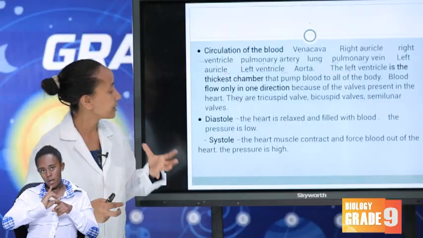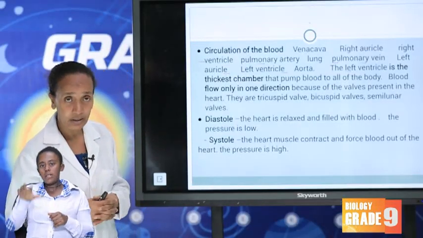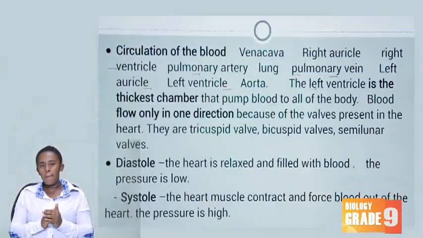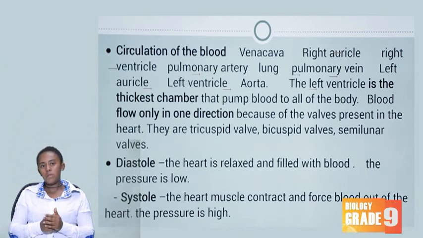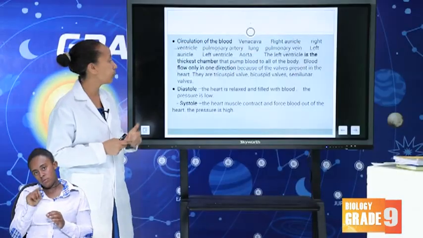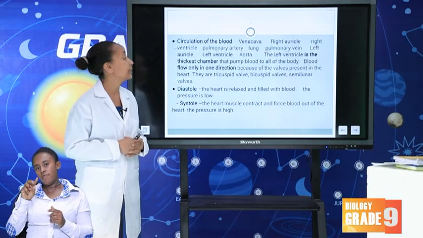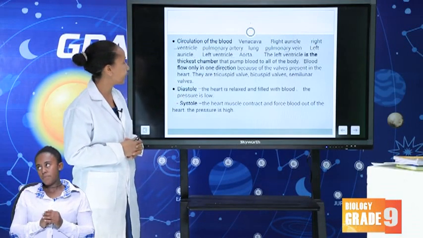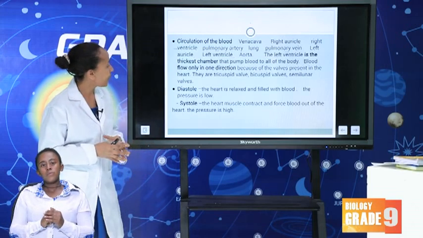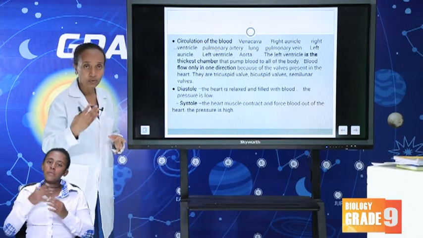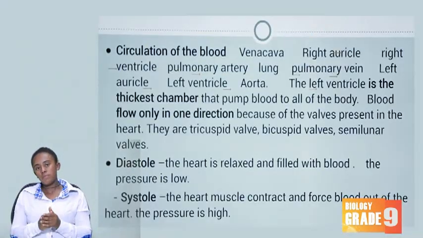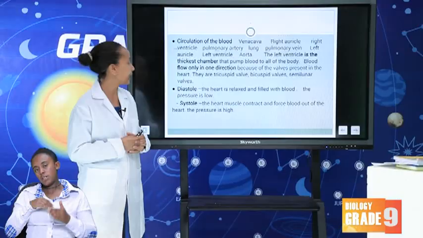If you remember, these valves are 3 in number. They are the tricuspid valve, the bicuspid valve, and the semilunar valves. I hope you can define them and know the location of these valves in our heart. And the other thing in this circulation that you have to remember is that blood circulates in our heart, and